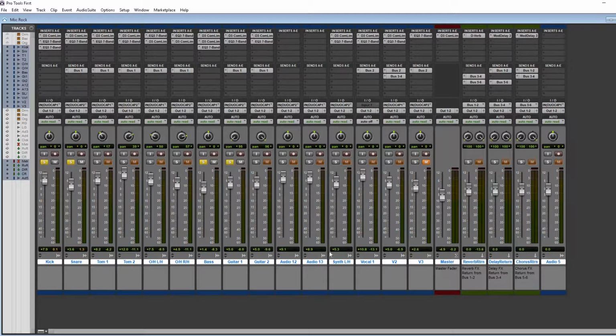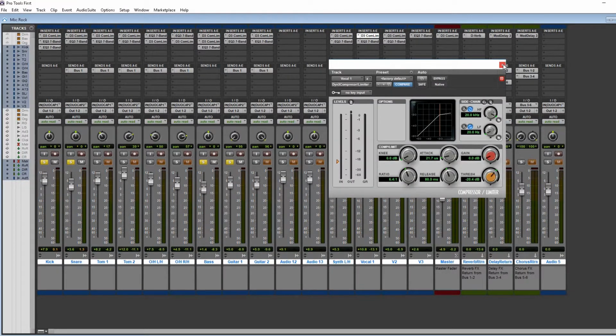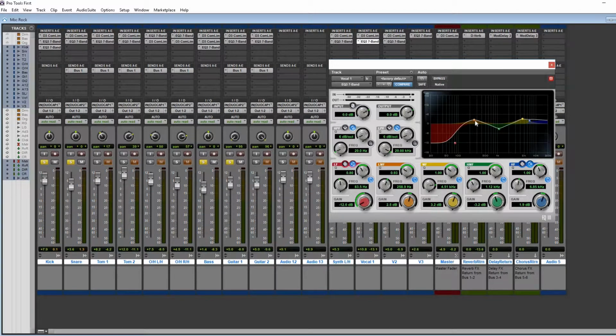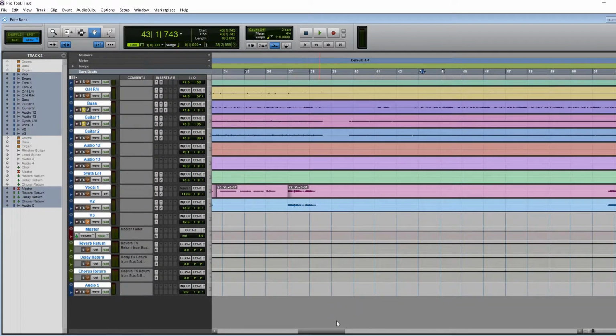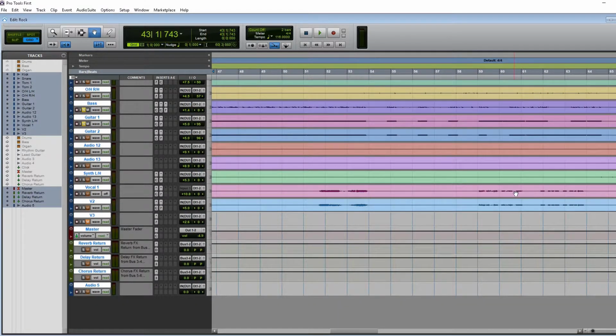Then we have vocals. Now vocals always depends on what type of genre you're mixing. Generally, growling in a low end. Here's a nice region that brings that out a lot. And there's two vocals actually, two of the same vocal tracks. These are the two vocal tracks. The one is a bit of a more scream vibe, and the other one is a bit of a more talking vibe. The one with the less screaming,